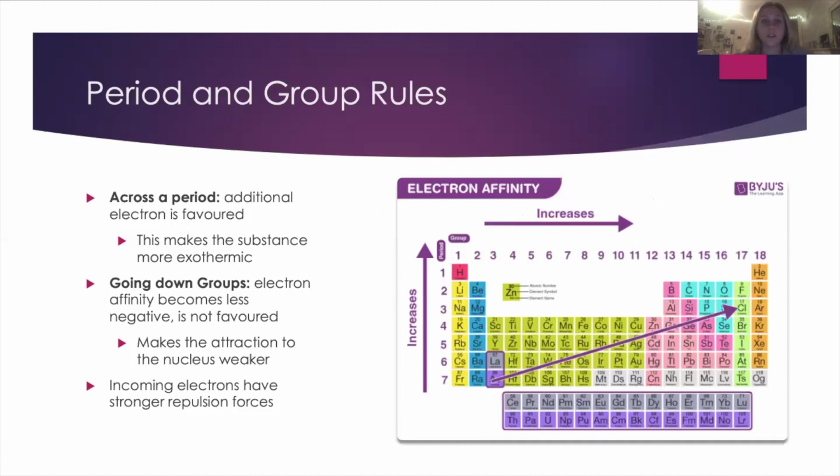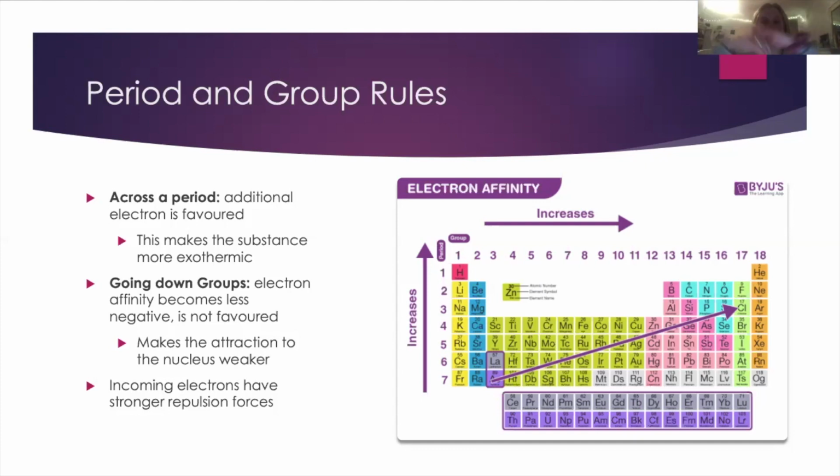Electron affinity is referred to trends going across groups and periods. Moving from left to right across a period, an additional electron is favored, and electron affinity becomes more negative. Additional electrons make the substance more exothermic due to the effective nuclear charge increasing as the trend goes from left to right across a given period. In groups, the electron affinity is most negative at the top, and going downwards, the electron affinity becomes less negative because the incoming electrons are accommodating larger orbitals and are thus further away from the nucleus, feeling less